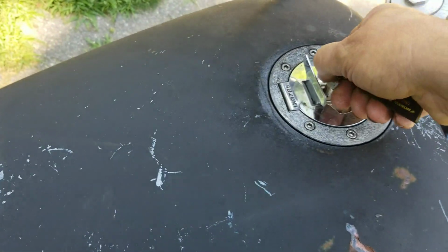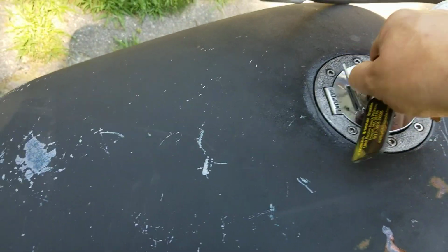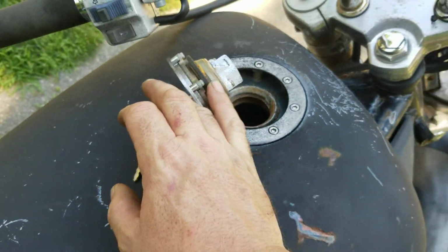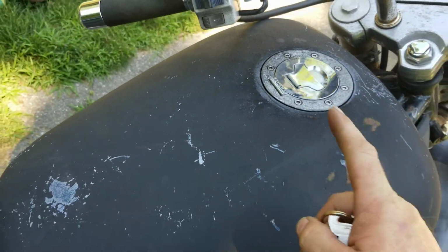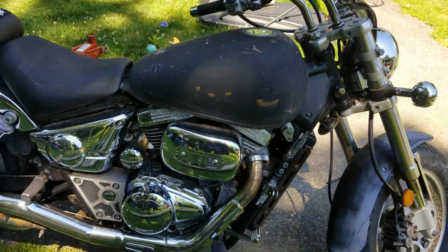Oh my god, it opens. Oh, possibly. There it goes. Tank's got some rust in it, but I think I can clean that out with some vinegar. This is a pretty cool looking bike. I think I'm going to have to do that. I think I'm going to vinegar this tank, completely vinegar it, and get this tank cleaned out, because this is